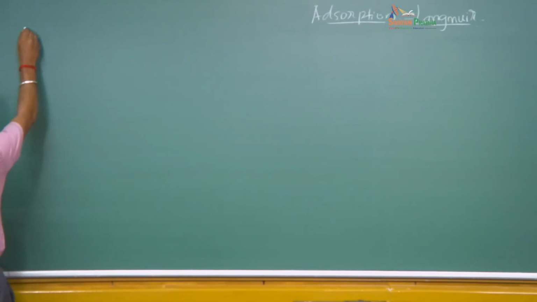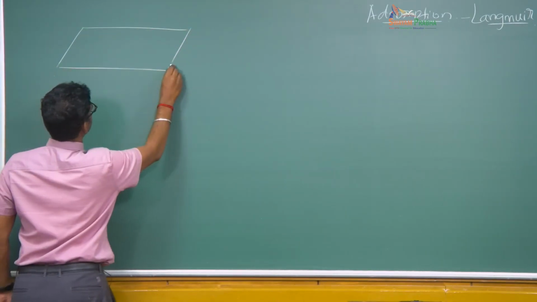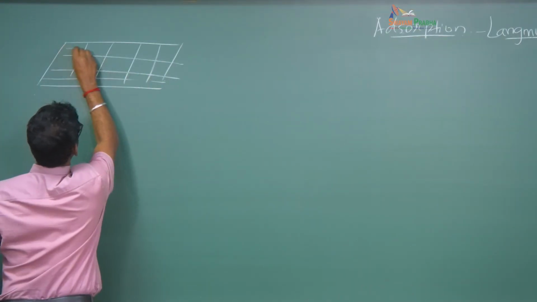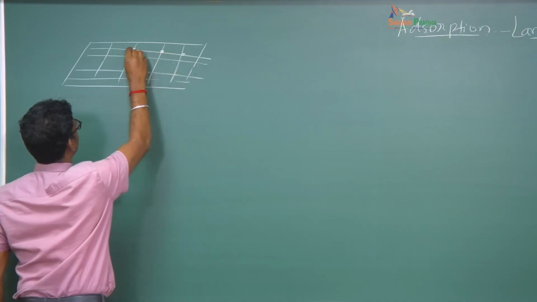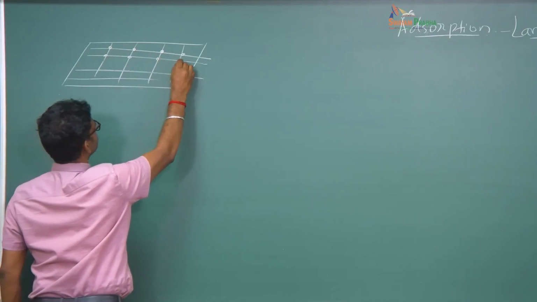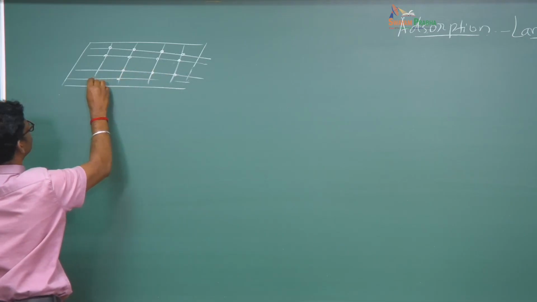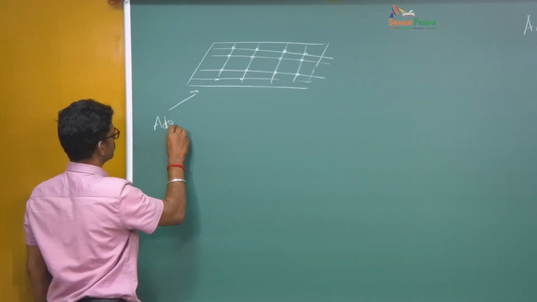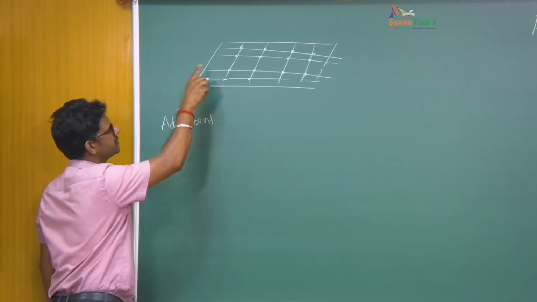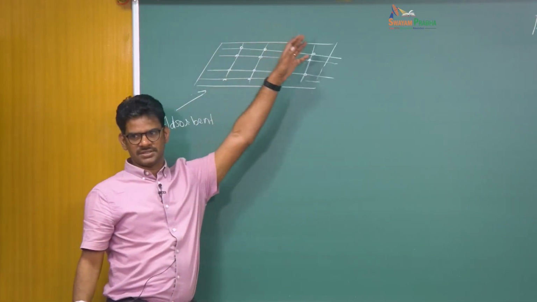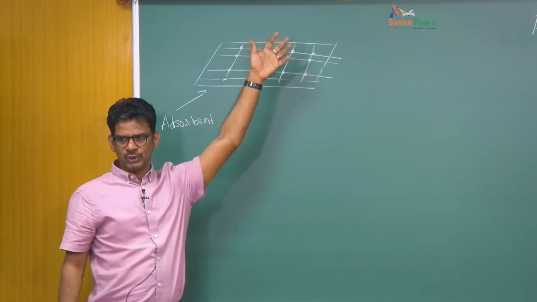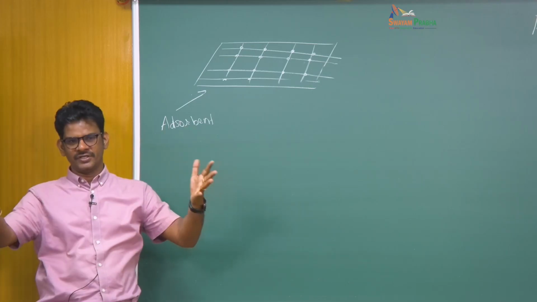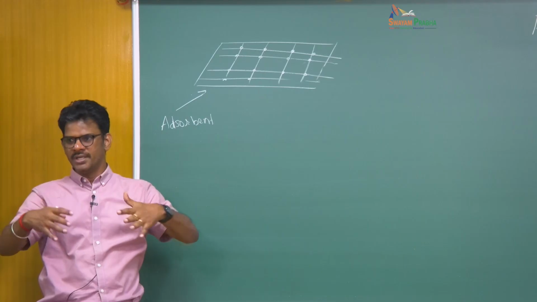So here let's say you have a solid substrate. You can imagine that there are lattice points on which a gas molecule can sit or adsorb. Okay, so we call this an adsorbent, and this adsorbent is exposed to a gas. This gas contains a certain molecule, a solute, that will adsorb to this surface specifically. Okay, so there could be an inert background. For example, you have air and then you have water as a solute, and water may want to adsorb